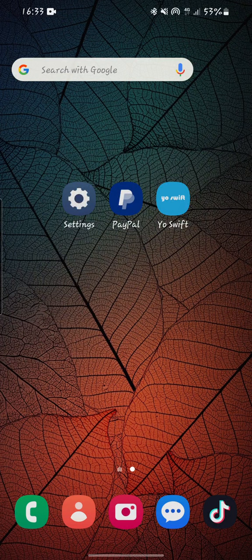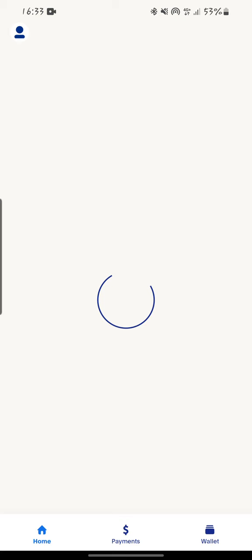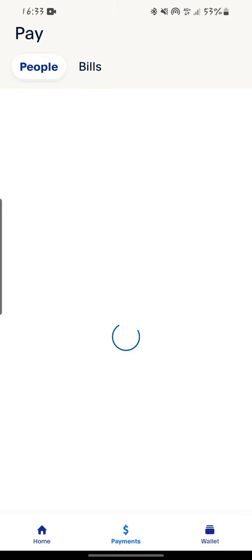What you are going to do, you have to download these particular apps on your phone if you are going to withdraw money from your PayPal account. As you can see, this is my PayPal account,